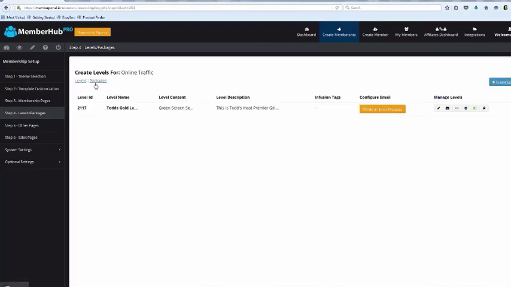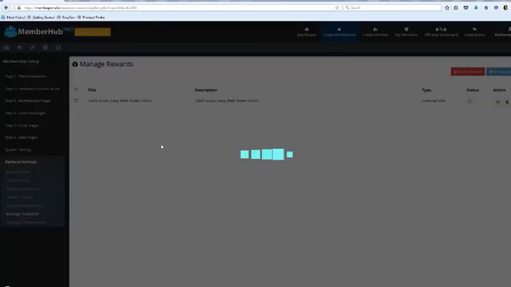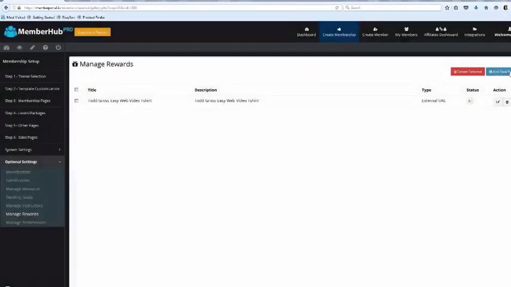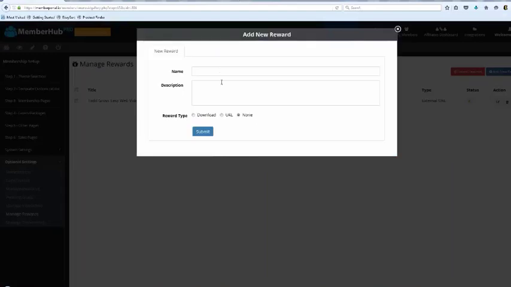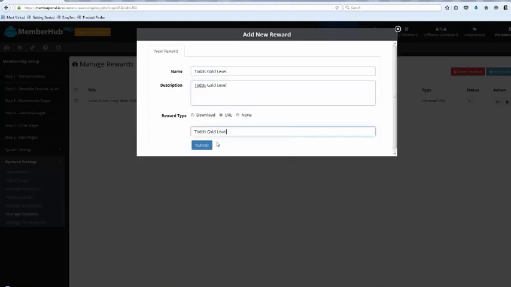Todd needs to take every one of his packages or levels, and he needs to make them a reward. Yes or no? Do you guys understand this? Got it. Yeah, so they are going to be the rewards themselves, the actual package. Yeah, so I could say Todd's gold level, and then I could do the same exact thing. I could say what it includes, and watch this. I'm going to come over here to URL, and I'm going to paste that free one.